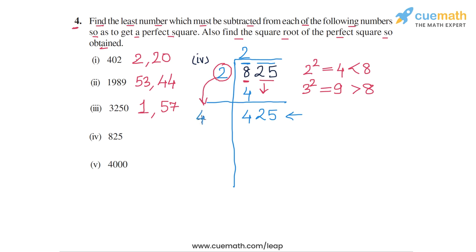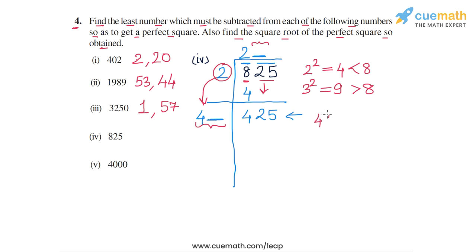And now we have to find the largest possible digit, which will go here to the right of 4, and it will also go here as the second digit in the quotient, such that the product of this number and this digit here is less than or equal to the dividend 425. That largest possible digit is 8. You can find it out by a little bit of trial and error.